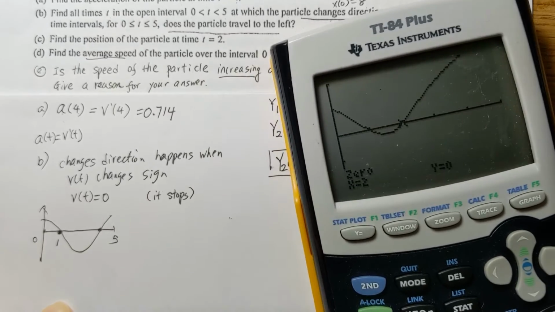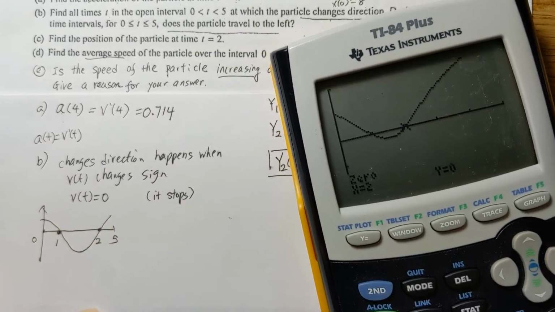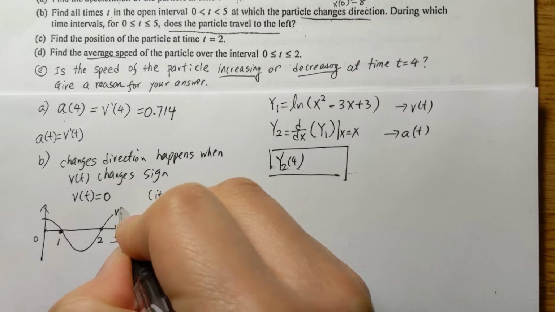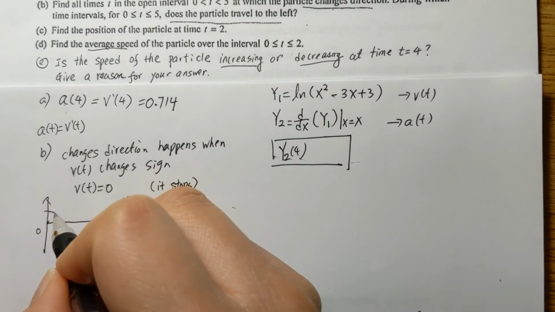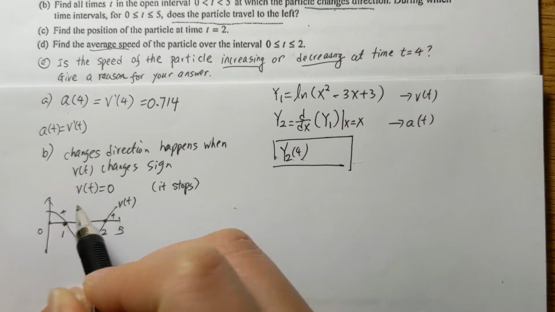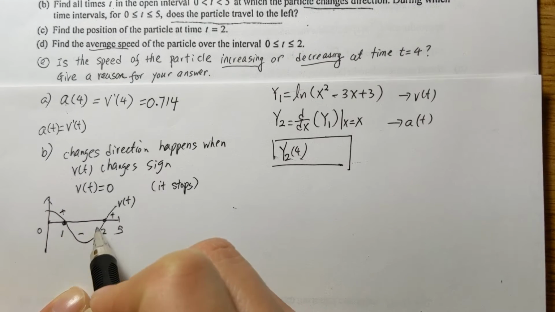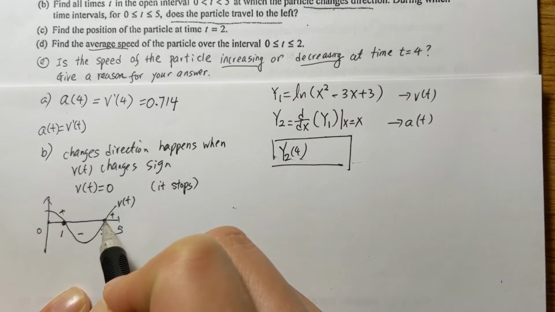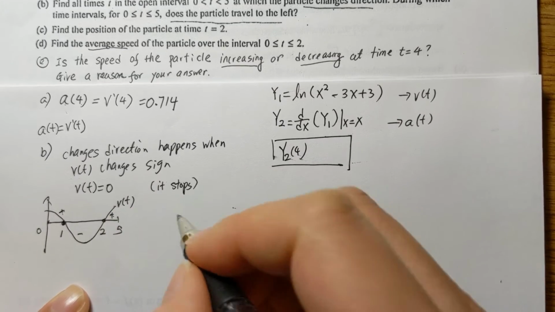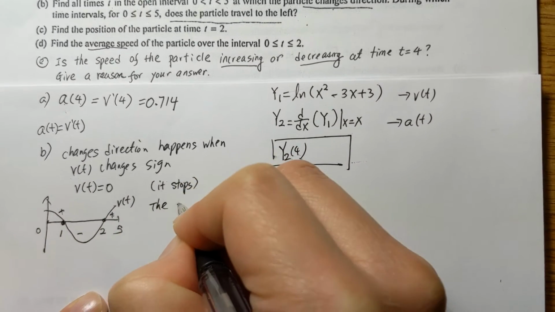Which is at 2. So this is the graph for v of t. So we get positive, negative, positive. So v is positive before 1 and negative after 1, until 2, where it changes to positive. So we say that the particle